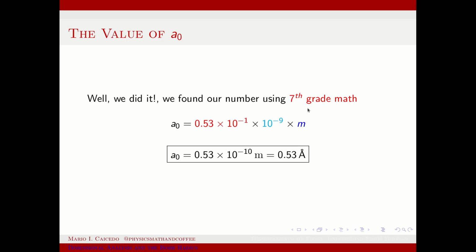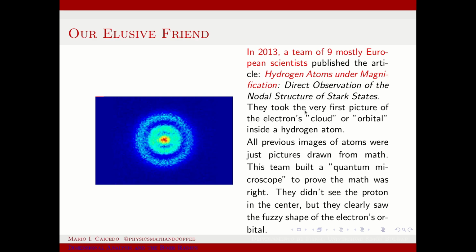But now, is that all? Pure numbers? Doesn't seem great fun. But here is the fun. It happens that Bohr calculated his radius in 1913. And in 2013, 100 years afterwards, a team of 9 scientists, most of them European, were able to devise a very sophisticated machine to do an experiment, and they ended up